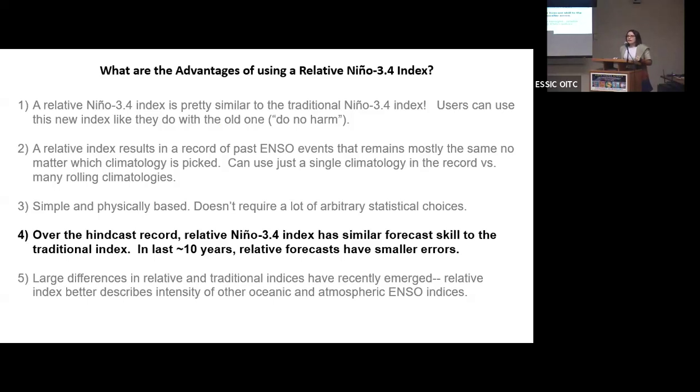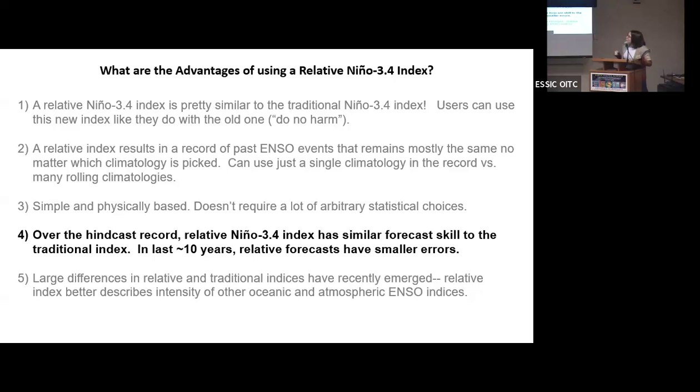Fourth, over the hindcast record. At CPC, we need to have uniformity between our monitoring product and our forecast product. We can't have different monitoring from our forecasts because then people get confused. We also can't hand wave things. We can't just say, oh, it kind of looks like El Nino, I'm looking at this, I'm looking at that, and so on. We need to measure an index so we can go back and verify. We're not just playing around here. We want to make sure that we can actually go back and score ourselves, and we do that routinely.